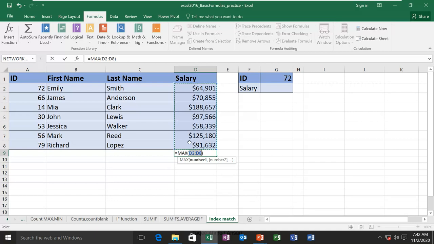It is automatically applying the function and choosing the default range, and we get the maximum number, and it is choosing the range from this same column. Sometimes if it is not choosing the proper range, then you have to manually select it. Otherwise it automatically selects the range from the same column where we are applying the function.